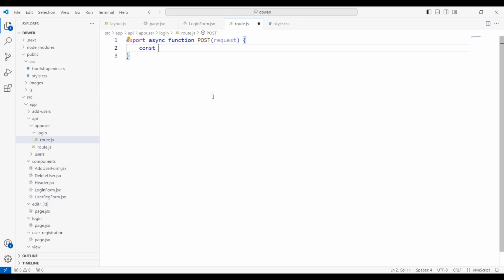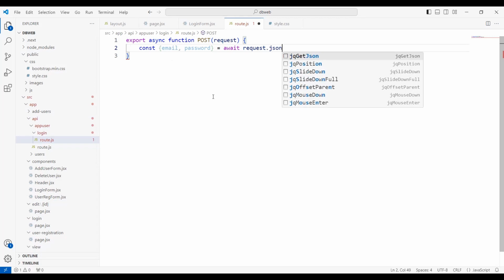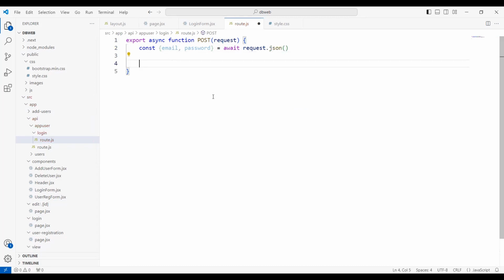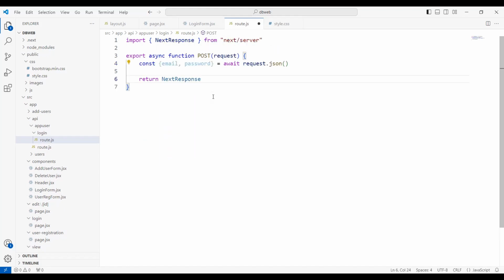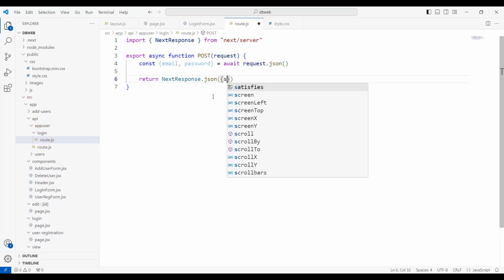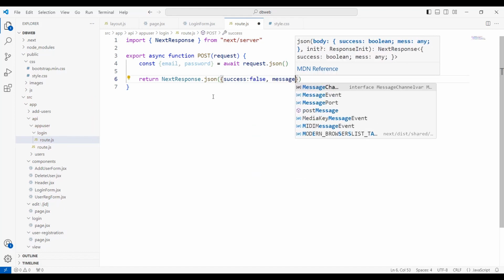we'll capture the data here. So email comma password is equals to await request dot JSON, and let's try to send it back to our page.jsx file and check whether we are able to capture the data in our route file. So for that we'll use return next response dot JSON, and let's say success will be false and message will be